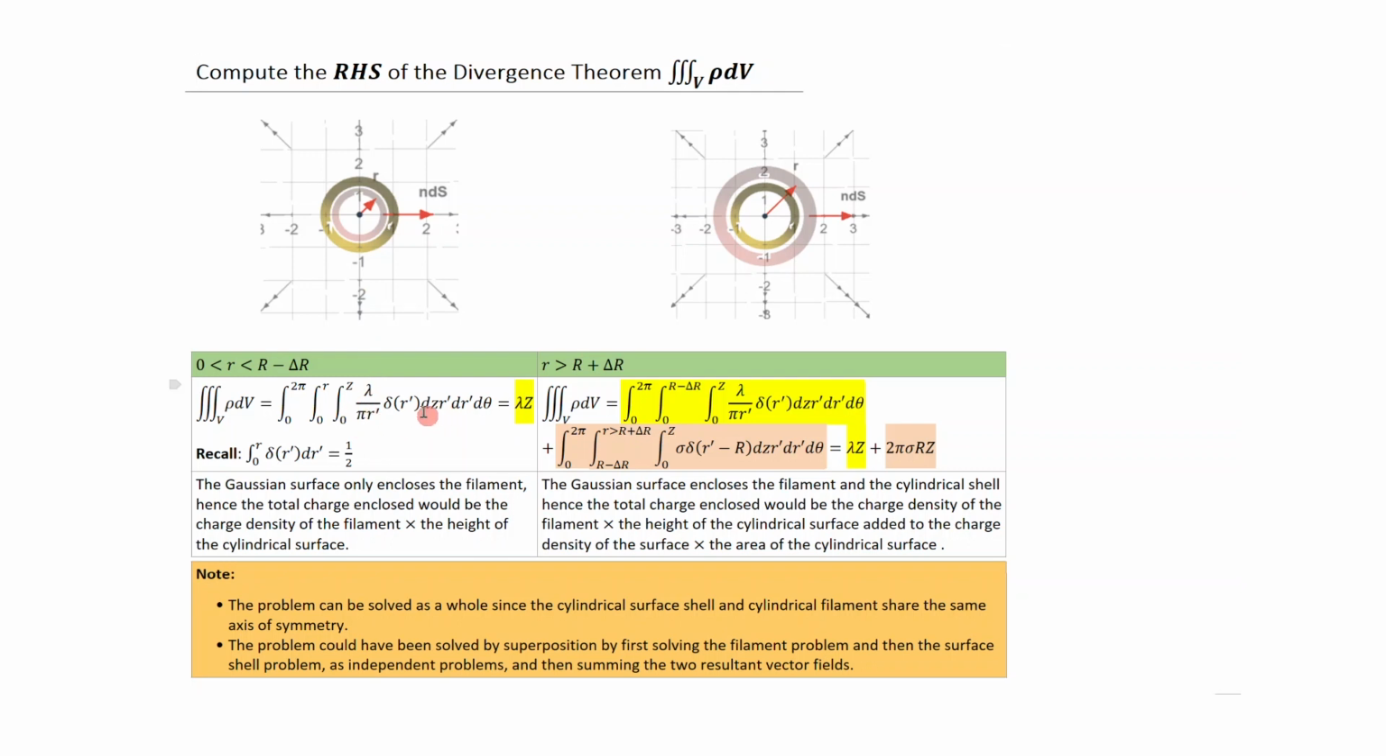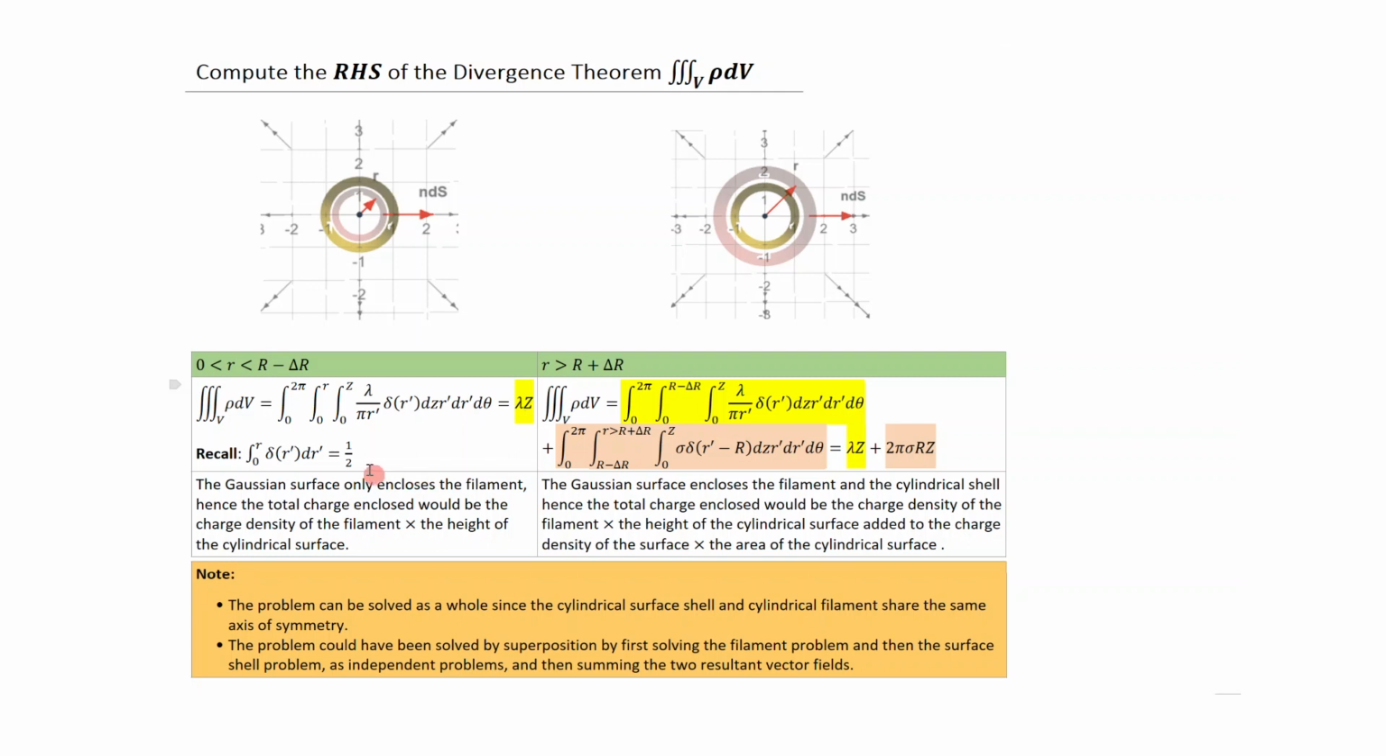And then since we're dealing with cylindrical coordinates, the differential volume is just dz r' dr' d theta. The height of the Gaussian surface was capital Z in the z direction, and we're going once around the loop, that's theta from 0 to 2 pi. So this is the integral that we're computing, and this is valid for any value of r from 0 up to R minus delta R, and gives you lambda